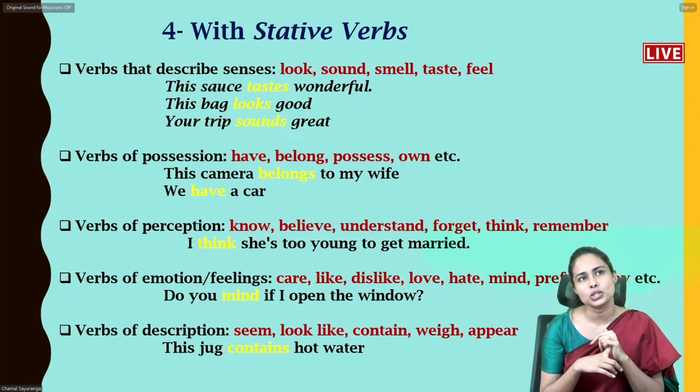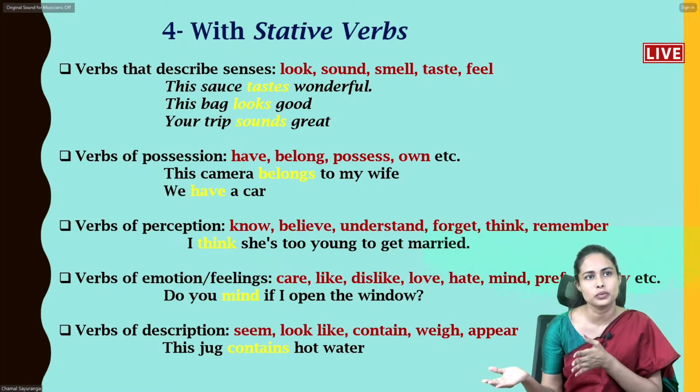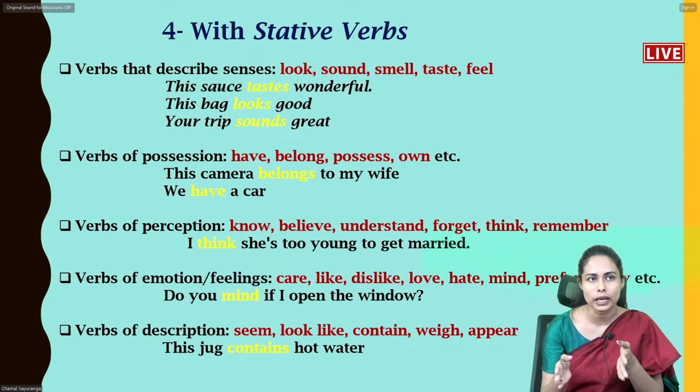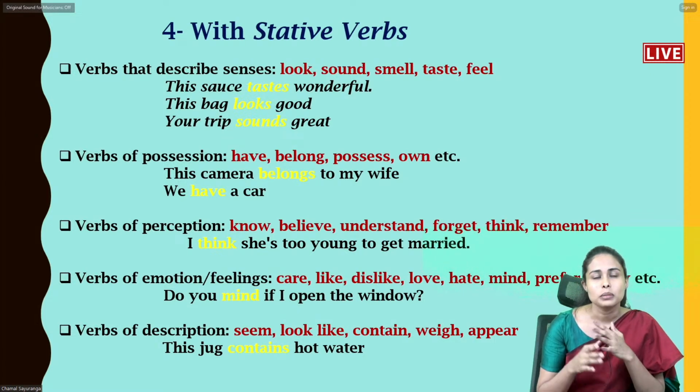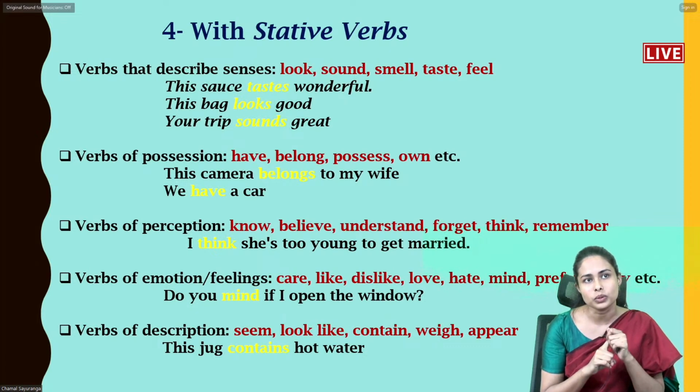Verbs of possession: have, belong, possess or own. This camera belongs to my wife. Belongs. It is not an action verb, it is a state of mind or a mentality, right? Therefore, you can use it in simple present tense. I have put this here because when you convert these tenses or the sentences into negative or interrogative, what